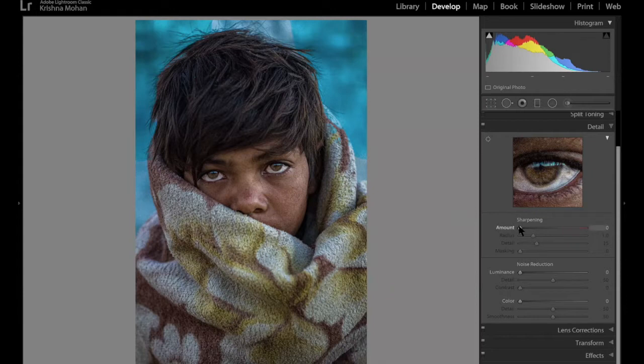Then, as you start opening the sharpening, you can see that the eye starts becoming crunchier and crunchier. So this is already a JPEG file, so already sharpened. So probably around 20 to 23 is where you stop. Now, what is the criteria you use to judge when to stop the sharpening? Basically, when the picture starts looking crunchier, and there is a halo around the edge.